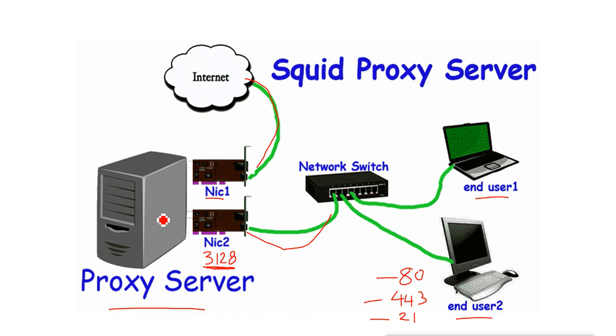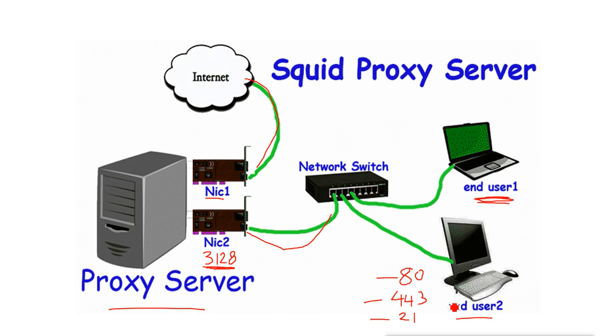Now the proxy server can do one more thing. The Squid proxy server can do one more thing. It can do caching also. Caching means whatever pages it browses from the internet, it will cache them, to show to the clients, these end users, when the internet is not available. Suppose this end user accesses the Facebook site. So the proxy server goes there on the internet and gets the page, the Facebook site, and it sends this to the end user, and also it will cache it into the memory.